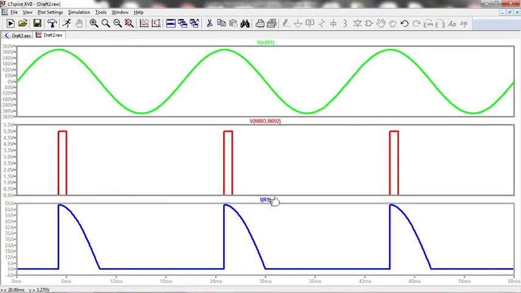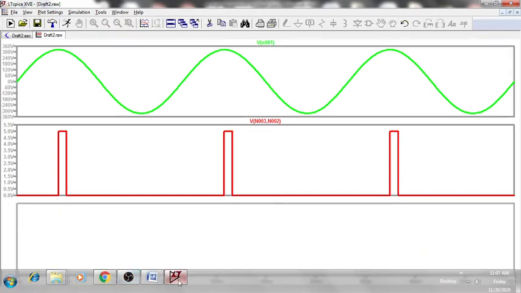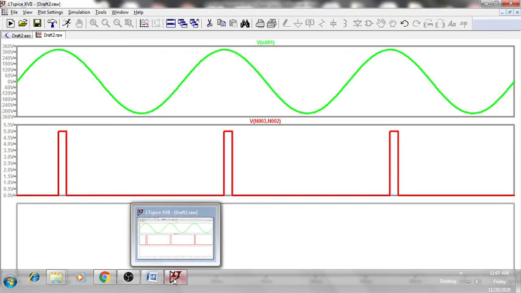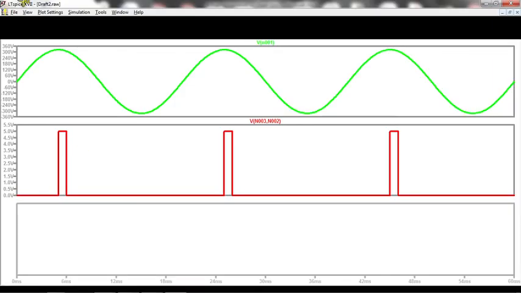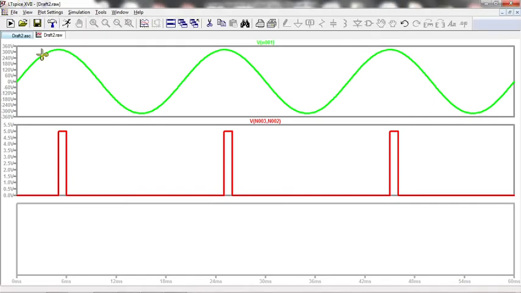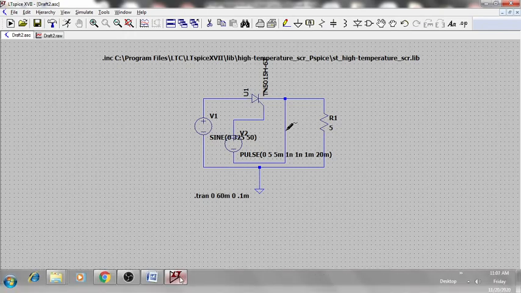So this is load currents. If you want load voltage, I can show you load voltage also. So load voltage is this.